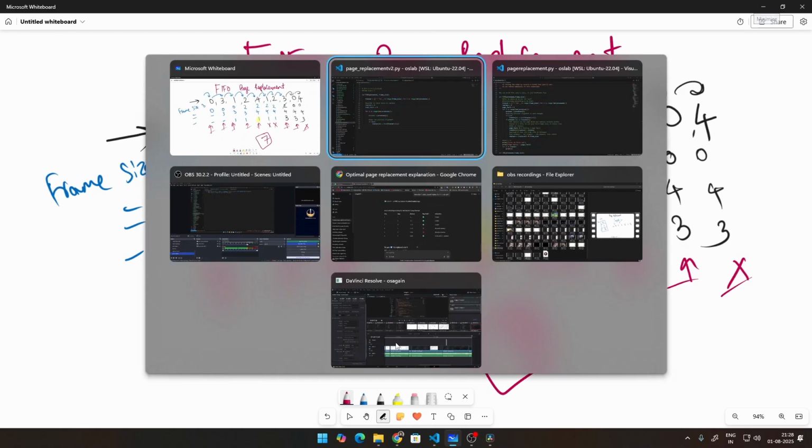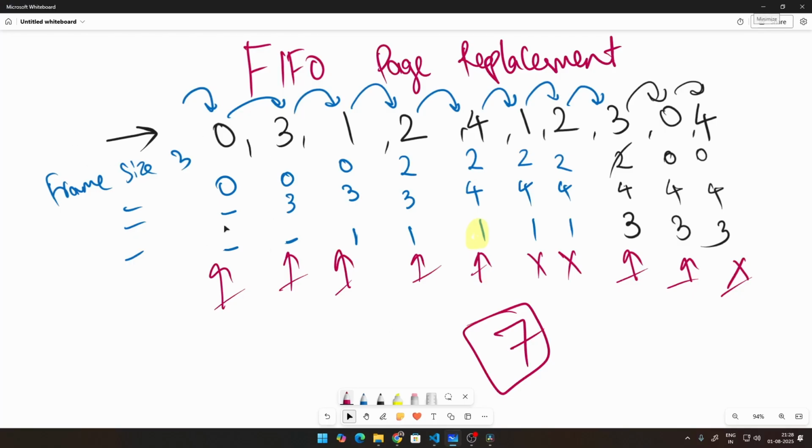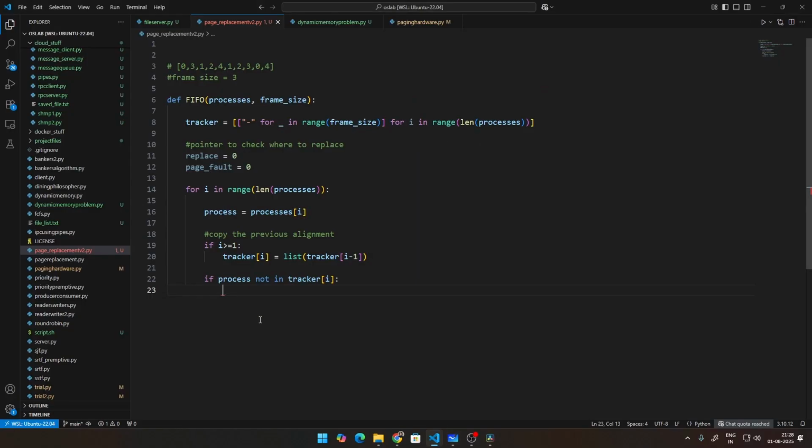That's what we call as a page fault, right? So how does the logic behind a page fault work? We just check if the process is not in the tracker of I. That is the ith time frame of the tracker. If the process is not there, well, that's a page fault. Correct? So in FIFO,